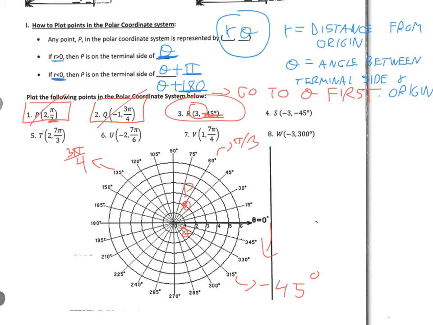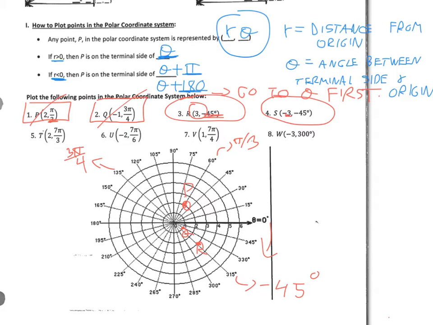All right, but since it's positive, I'm going to go to the third circle, and right there is going to be R, 3, -45 degrees, right exactly there. So this R, 15, this is it, right there, that's R. Okay, now if I did this one, see how it's almost the same as R, but now I have the